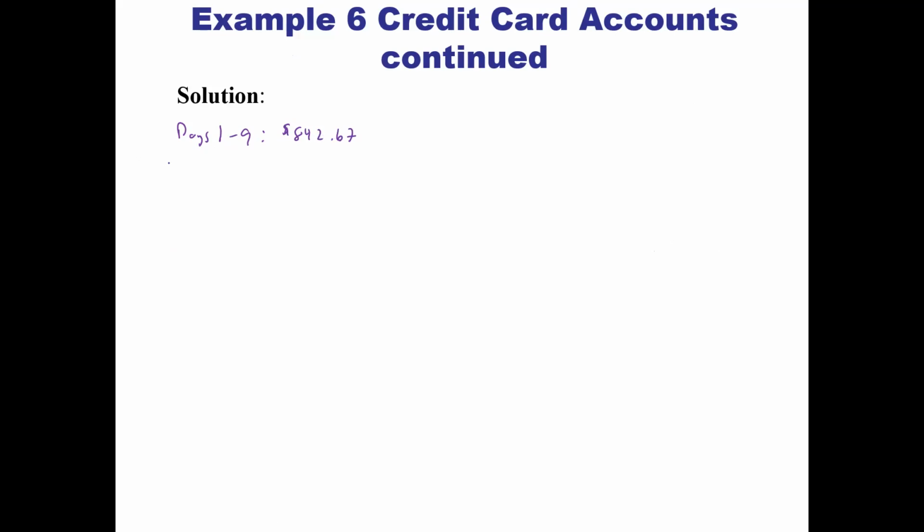But on day 10, going into day 11, what happens? Well, we had that $842.67 and we paid the $100, so we're going to subtract $100 there. And that gives us the balance of $742.67. The reason we're doing 10 to 11 is because that's how long it was that way. Then on day 12, through the 18th, it looks like,